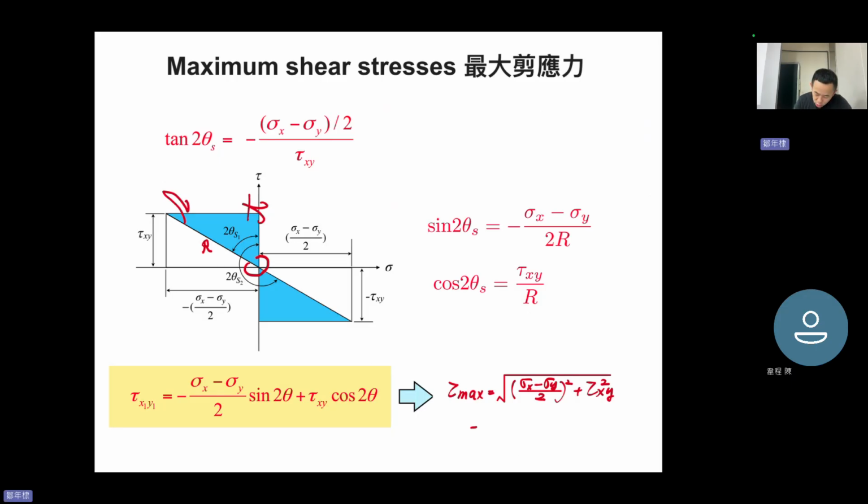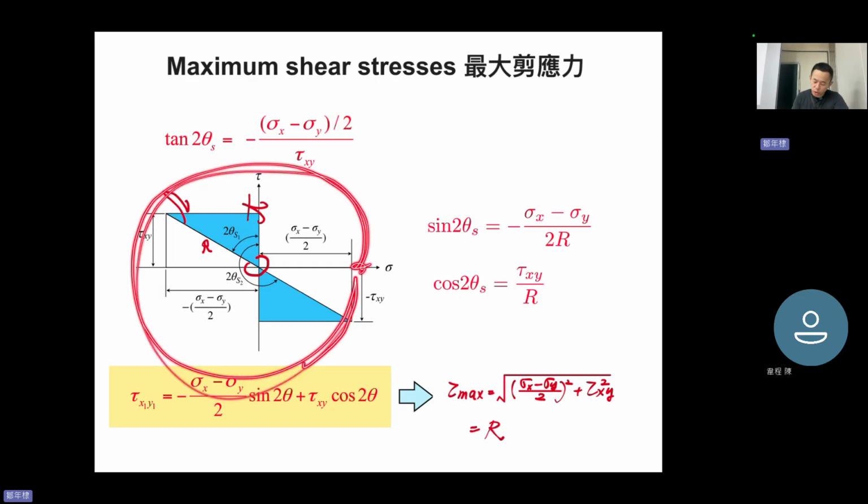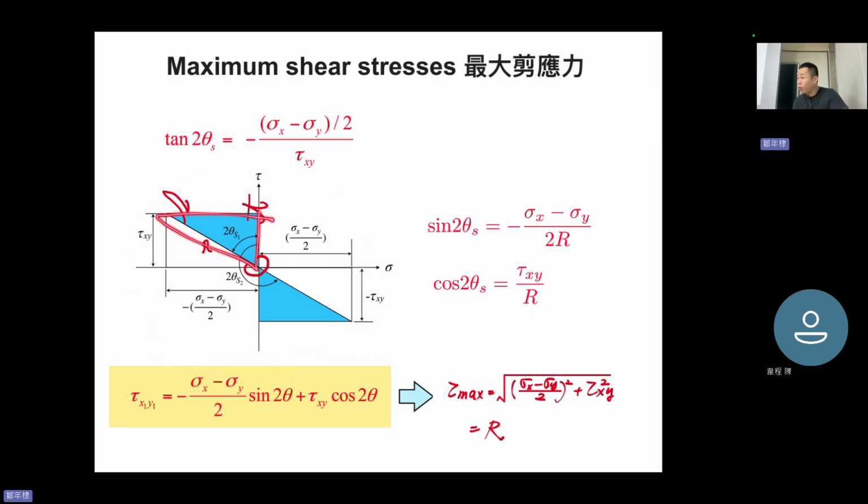Okay, equal to r. Yes, tau max is r. Okay, what a coincidence, a very good match. And again, because you are in a 0 to 2 pi region solution space, this is only one of the solutions. You can still have another